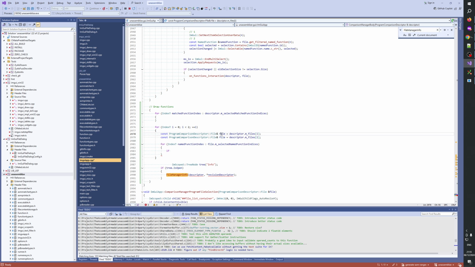Then we also have program revision descriptor, revision descriptor, file dot revision descriptor dot get, and then we would say if file dot